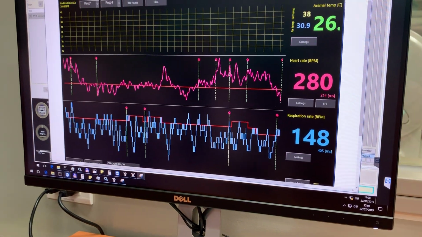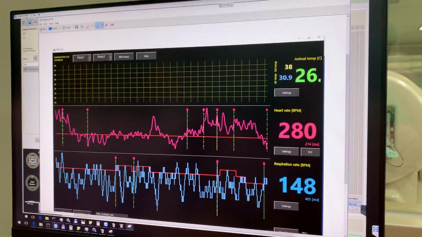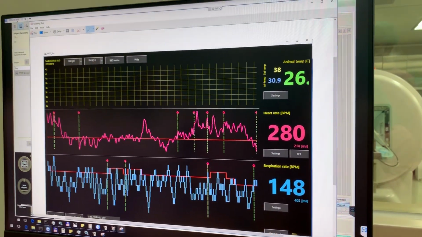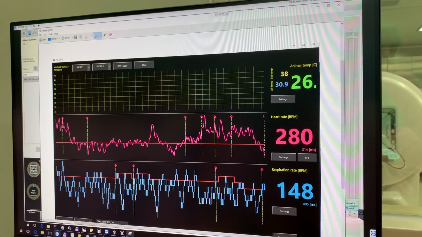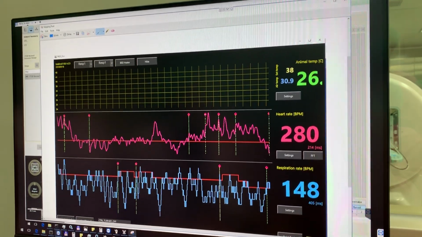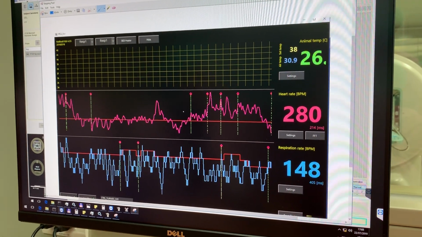It will be easier to understand when we have a real animal scan, because we will have a nice regular curve. But actually,